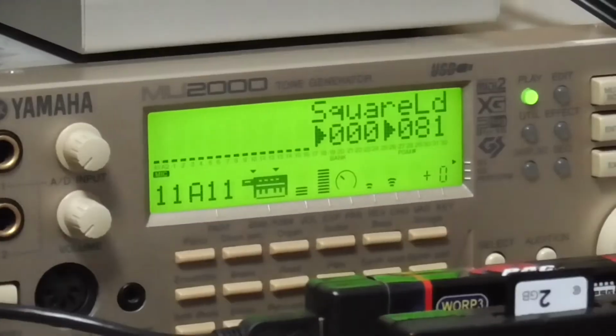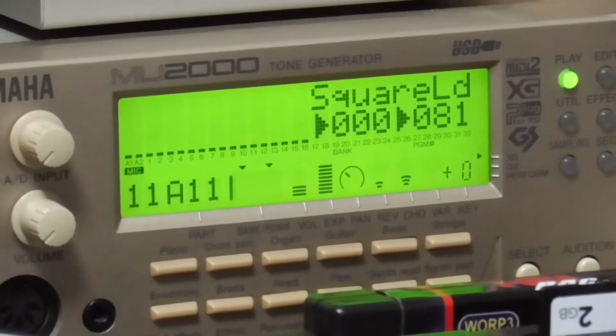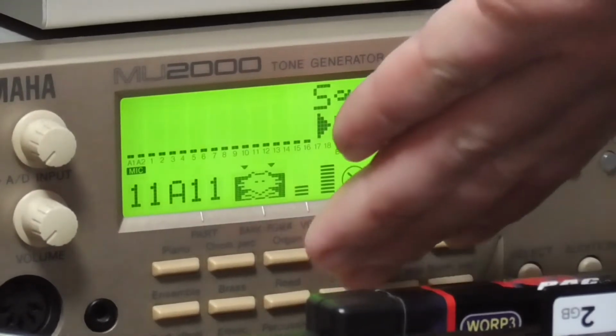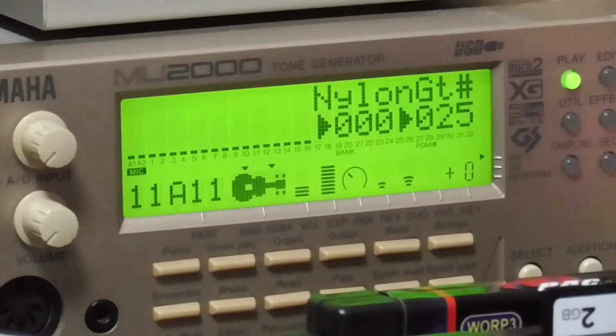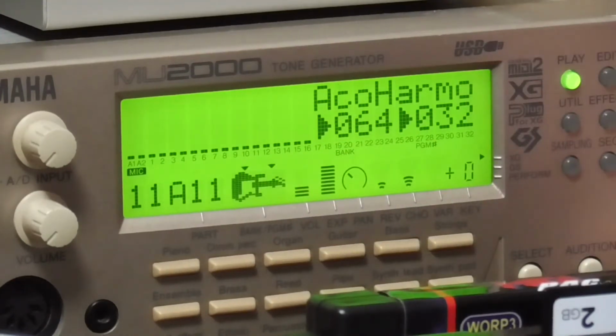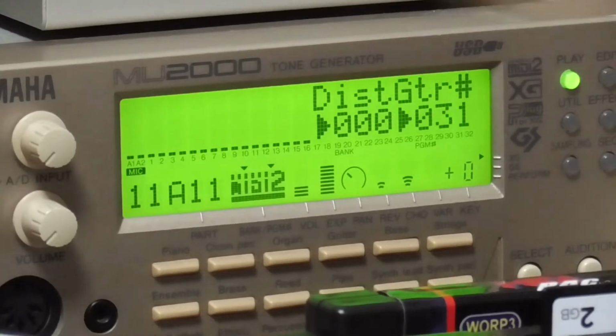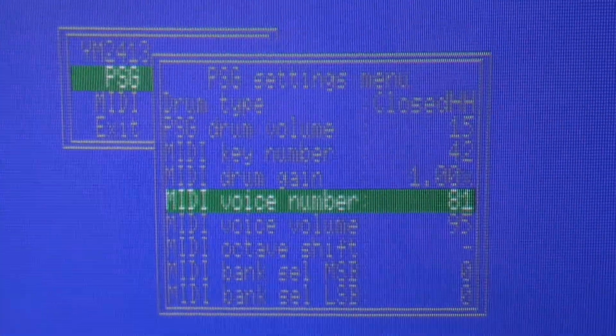So, if you just look over here at the 2000 itself, I can push a little button here to switch over to guitars, and then I can just push this to kind of scroll through all of the guitar presets. So, anyway, for example, we've got General MIDI 2 version of the Distortion Guitar, and you can see it's set at 000 and 031. So what that means is we're going to come over here,